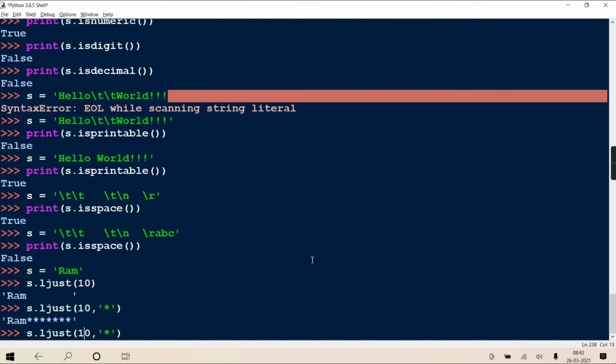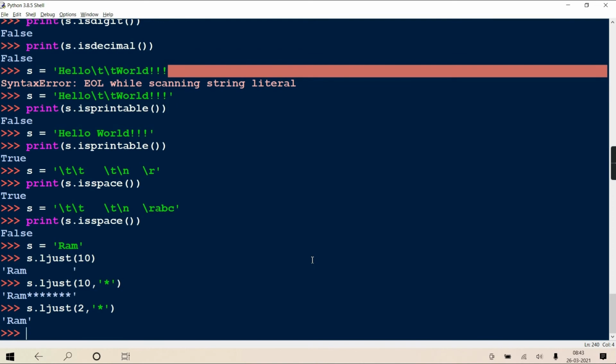Now suppose your string is bigger and the length is smaller. No effect, it returns the string as it is. Clear? But justification has taken place from which side? Left side. As it is ljust, it will align from the left side. Same thing you can do for rjust.